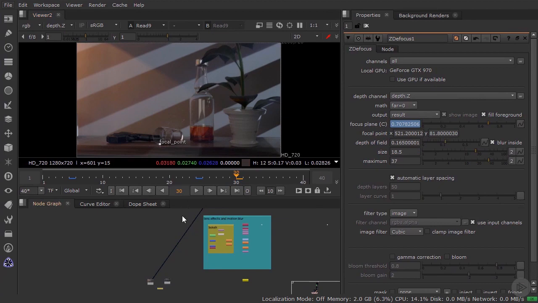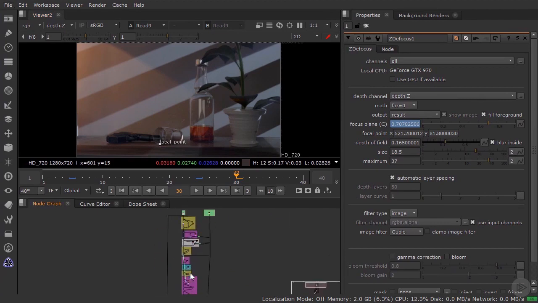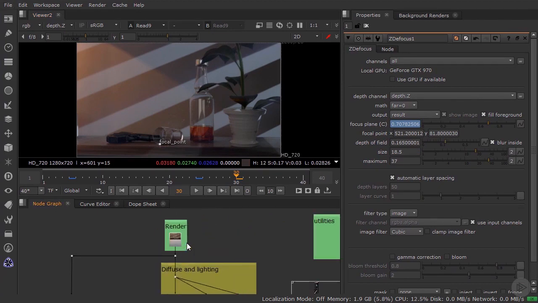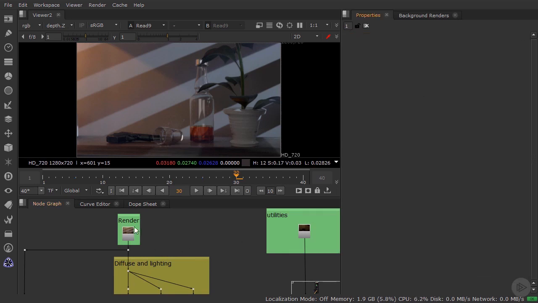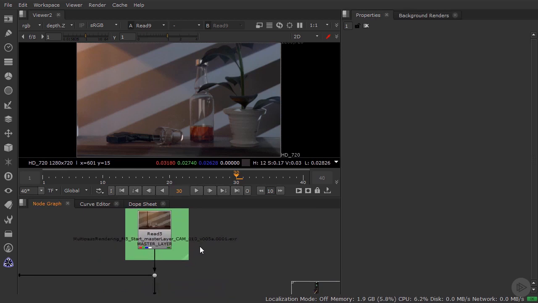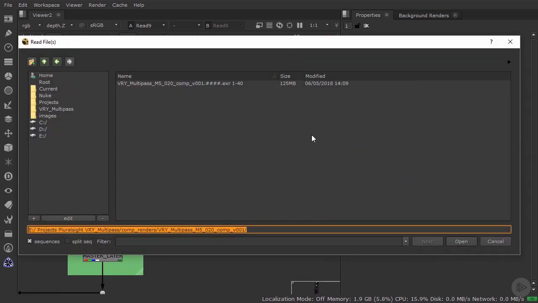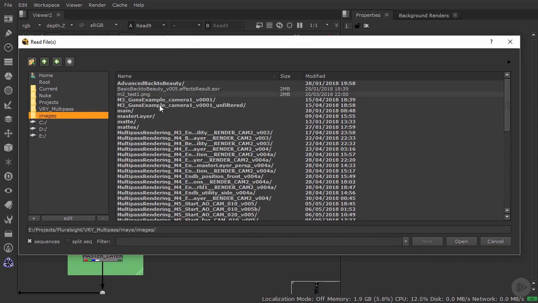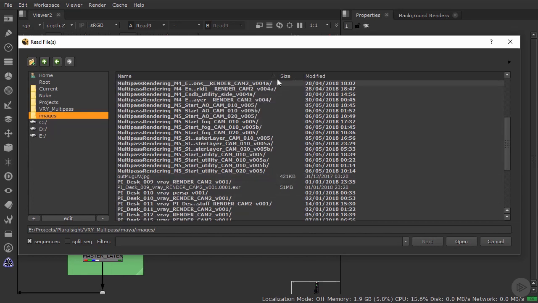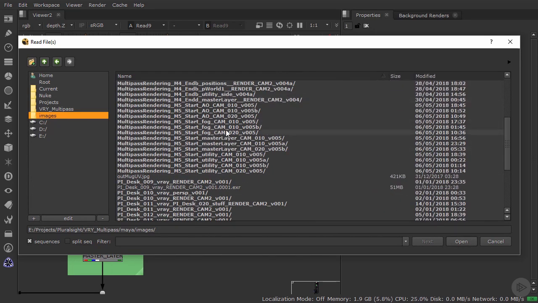I'm going to make this full screen again. We're going to go to the top. Now, as you may have noticed throughout this course, I have been very particular about naming all my layers in a specific way, keeping the naming consistent. And now we're going to see how that pays off. Because if I take my render and I bring in my new render, so I've got my shot 10 render in there. And if I go to my images folder, you can see that we have similar names for shot